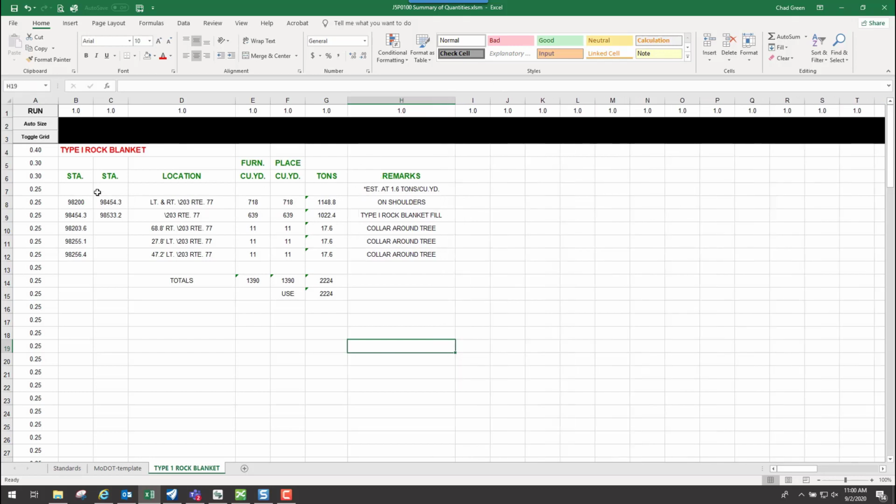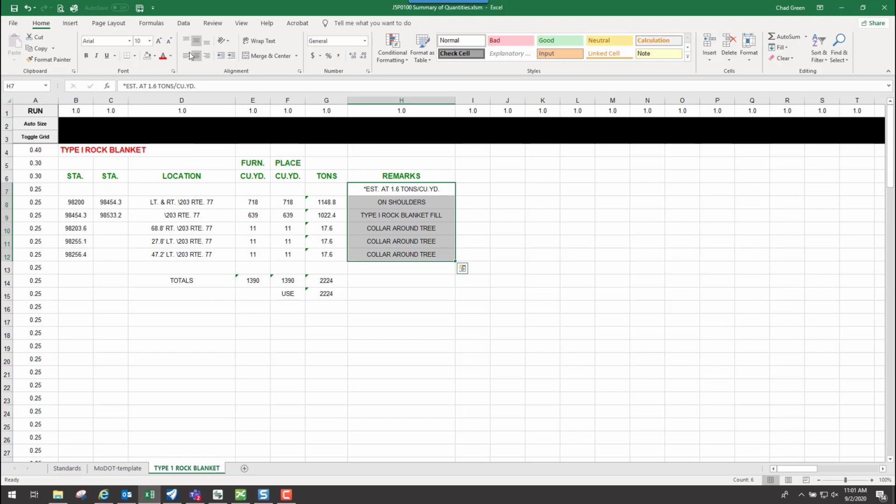Now, a few things to note here. Number one is the justification does matter whenever it is in Excel. So whatever justification that you have in Excel, that's the way it's going to map over into MicroStation. So let's say I want my remarks, instead of that being center justified, maybe I want that left justified. So I can make a selection set by clicking on those cells, and I'm just holding my left mouse button down and selecting those cells.